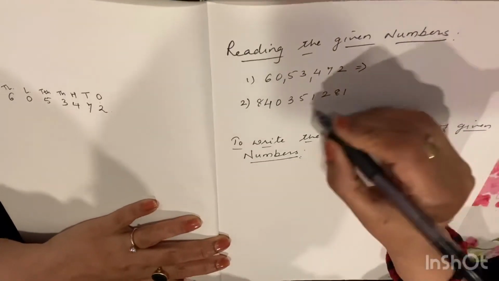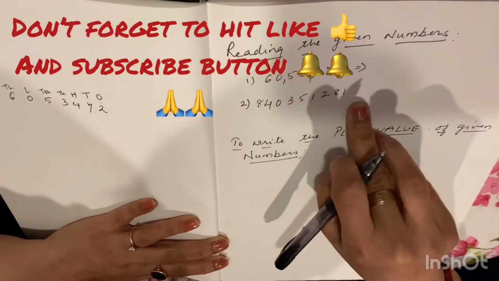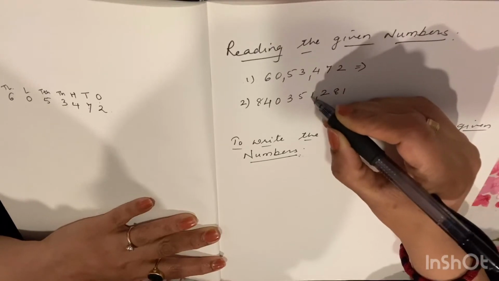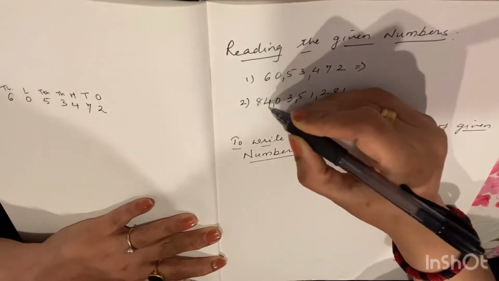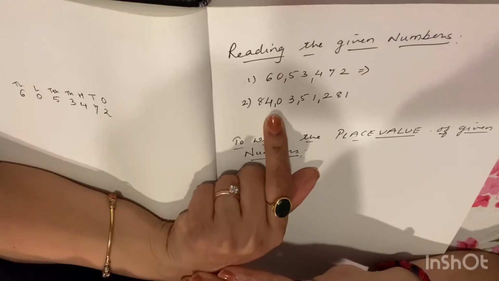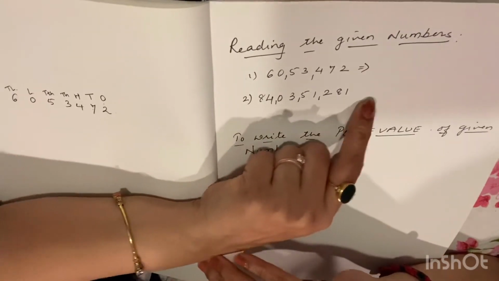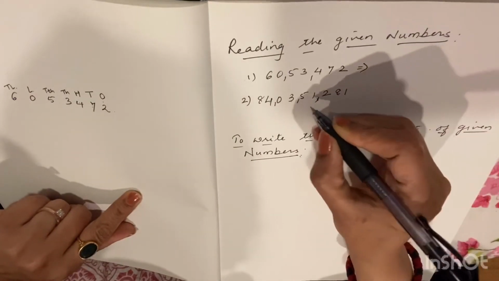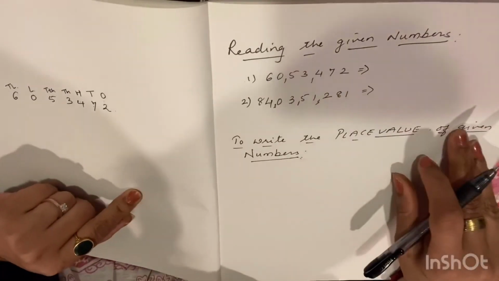Now the same way we can insert commas in between these given numbers also, and then try to read it. So ones, tens, 100, there comma, 1000, 10,000, 1 comma, lakh, 10 lakh comma, and this is crore and 10 crore. So what exactly is this figure? It is 84 crores 3 lakhs 51,281, isn't it? So after putting the commas in between, it becomes so easy to read the given numbers.